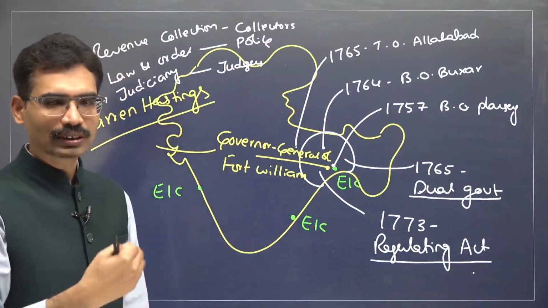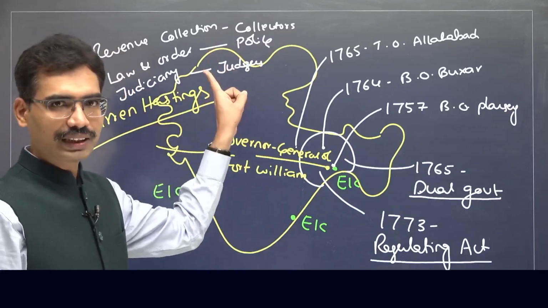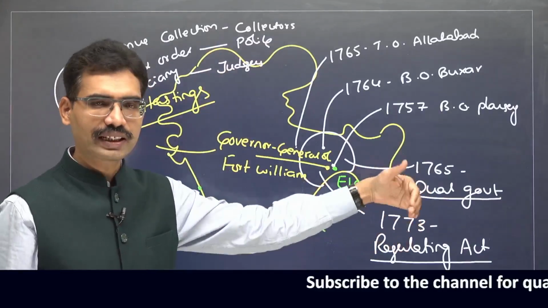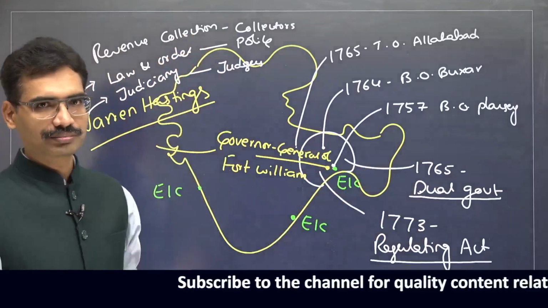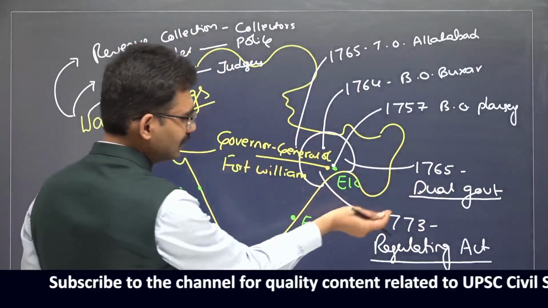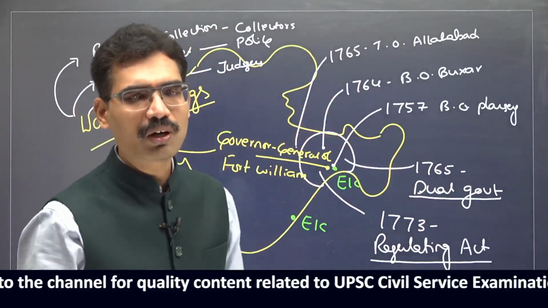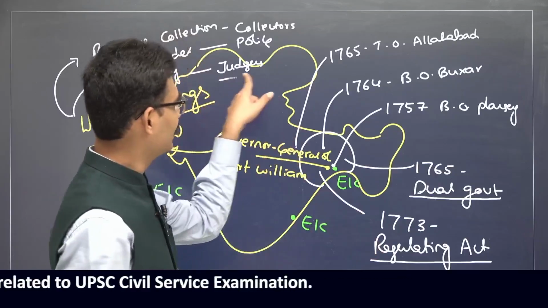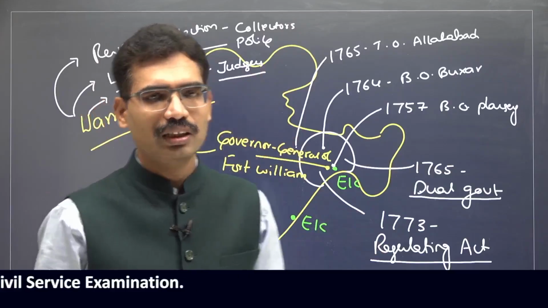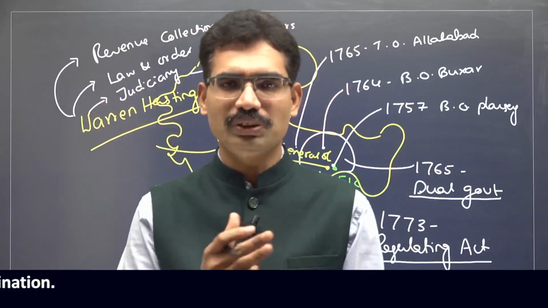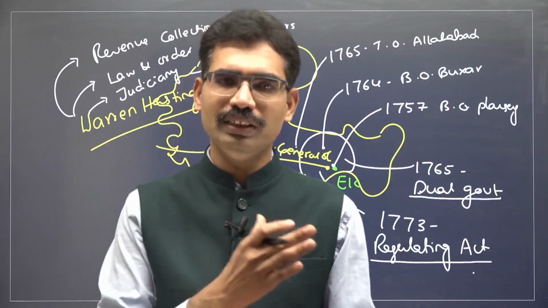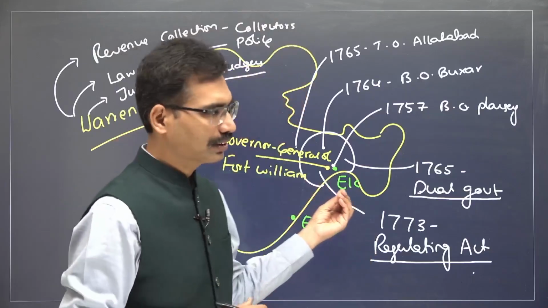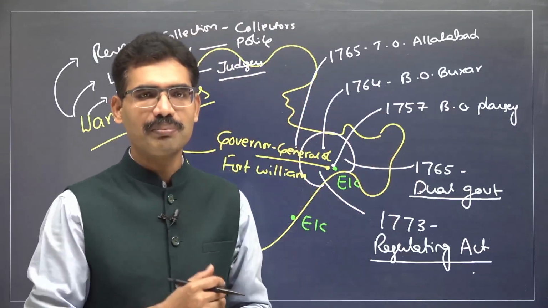Could you see how the modern day administration is emerging? Like this, through the Charter Acts, Regulating Act, Pitt's India Act, this kind of system is emerging. Now, when they were just collectors, they need not know about Indian traditions and customs. But the moment you are acting as a judge, then in India, there are Hindus also, Muslims also. Hindus were following a different kind of law, Muslims are following a different kind of law. But these English people did not know Indian customs completely.